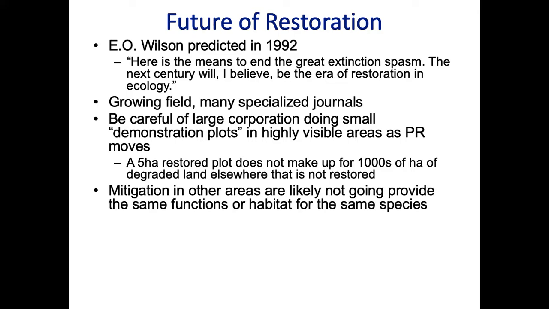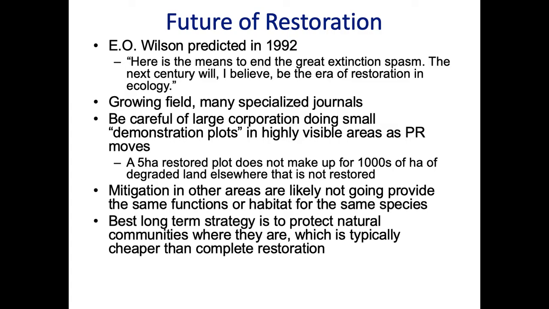And I think some of that wetland no net loss speaks to this. The no net loss policy means that you have to restore a wetland somewhere if you destroy one, but it doesn't say it has to function the same. It doesn't say that it has to be the same type of wetland. And so when we're mitigating or using restoration as a license to degrade other places, we need to remember that we can't always completely restore areas, and that we need more research on how well that restored ecosystem is going to function relative to what is being degraded or destroyed.